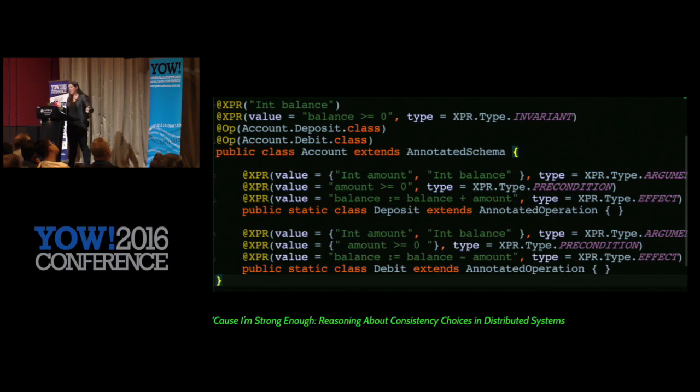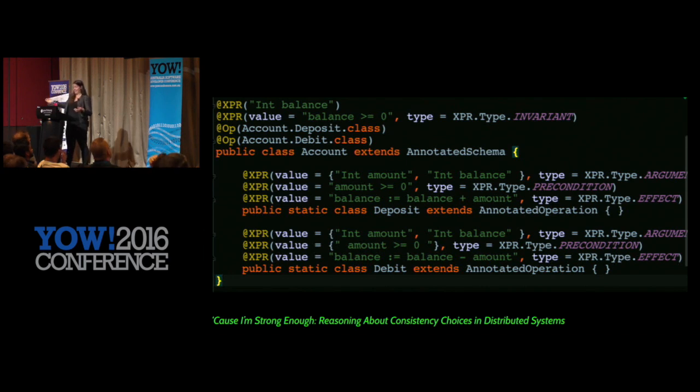So the way you do this, and why I think this is super interesting, is because it actually is implemented in terms of annotations on Java. This is Java code. And so you can install this, it's actually open source. And what they do here is a bank example. And so what you're saying is you're defining an invariant, in a simple bank example where I can debit and deposit in an account, these are the annotations that I'm going to do.